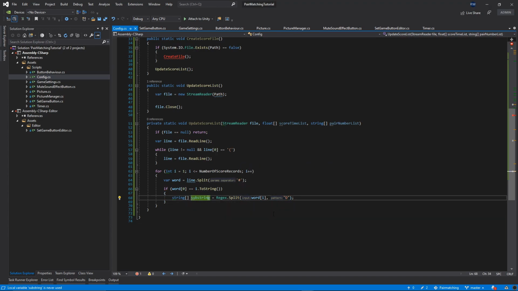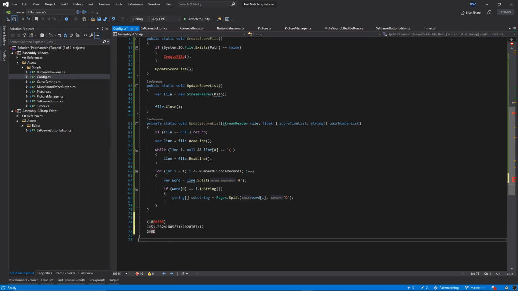so don't worry if you don't understand what is currently in this function. We're going to have our format in our file. The data format will look like that. Okay, so we're going to have 10 pairs, then we're going to have a number of the row, then this is going to be our time, and then separated by the letter D, so this is the letter, and then we want to capture our date, so this is the whole record, and if it's nothing, it's going to be just the 0D and empty. Okay, so that's what we want to get. So let me just comment this one out. So we want to separate by letter D, and then if